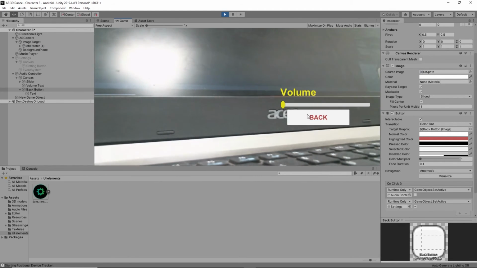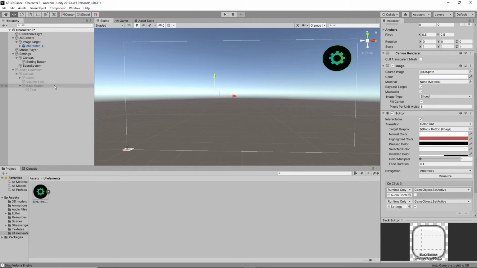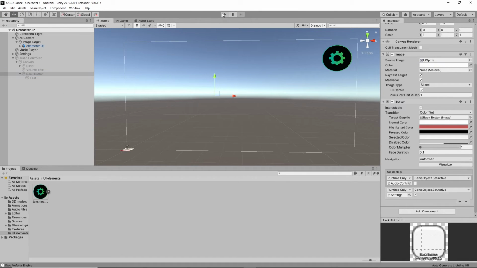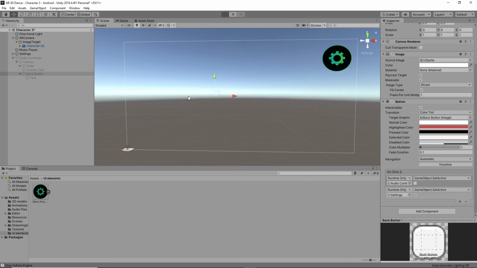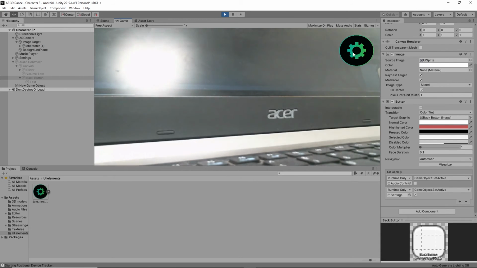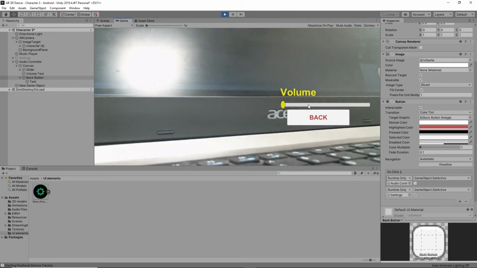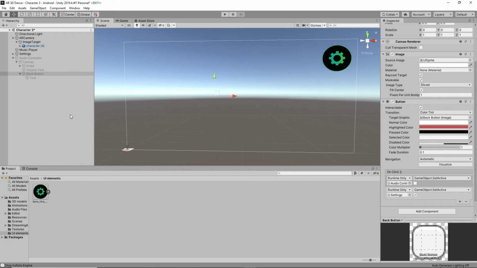Yeah, I'm going to settings and click on back. I think it was not working right. Yeah, what happened? Let's check again. Given this was not working, let's see what happened here.